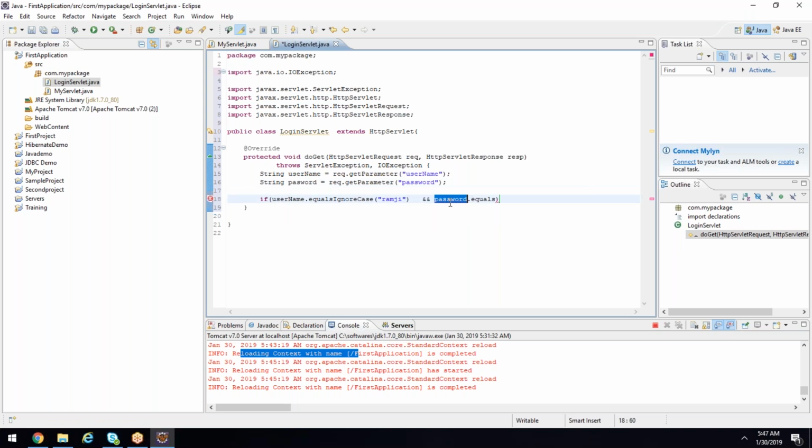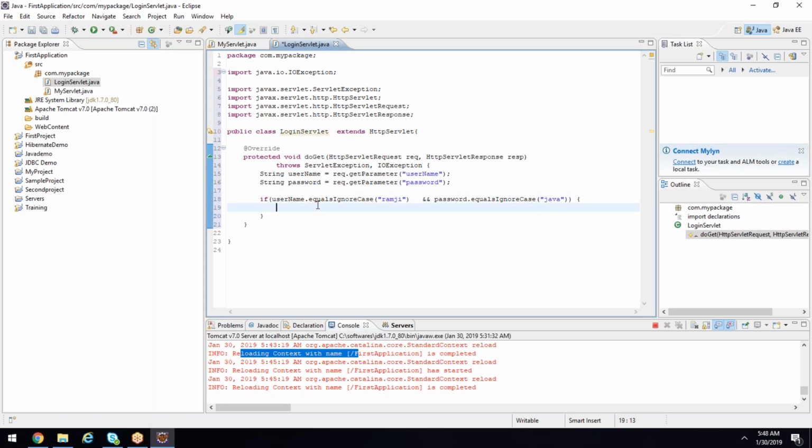Only one s in password, not two. Actually, I'll give two s to make it more readable. So if username.equalsIgnoreCase Ramji and password.equalsIgnoreCase Java, then